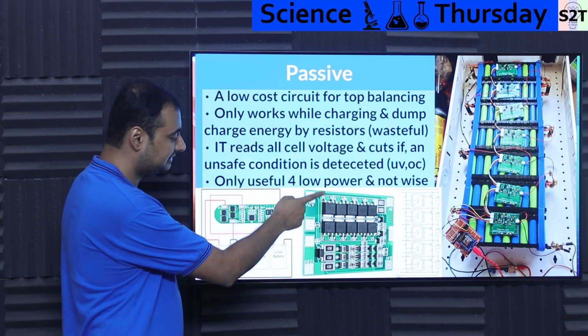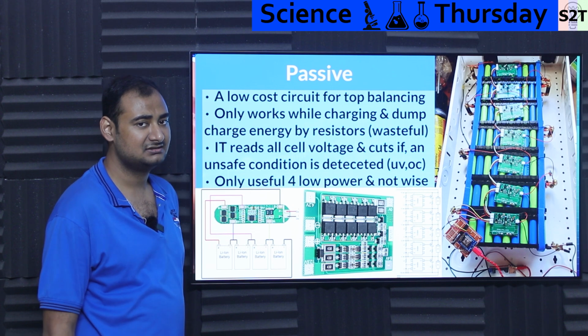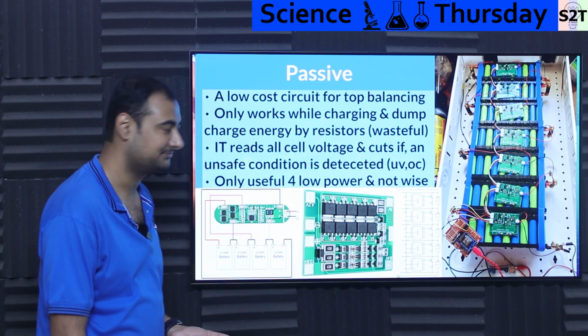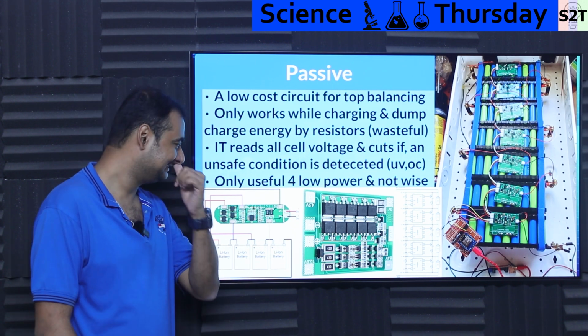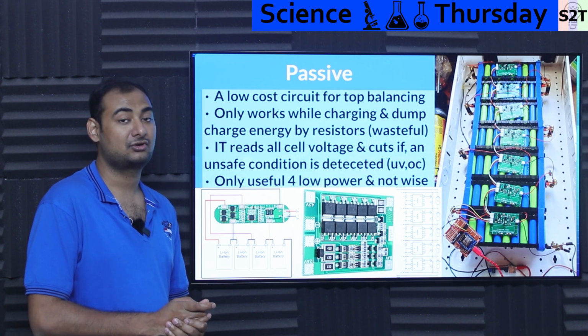So if you directly connected the most positive, basically 0 volt and 12 volt, will it work? Yeah, it will be unsafe if you do that, and most smart BMS will not allow you to start running the system. It will be like, bro, I need to see the voltage. So it does work. Now it's a very good cutoff circuit, meaning if something draws too many amps,